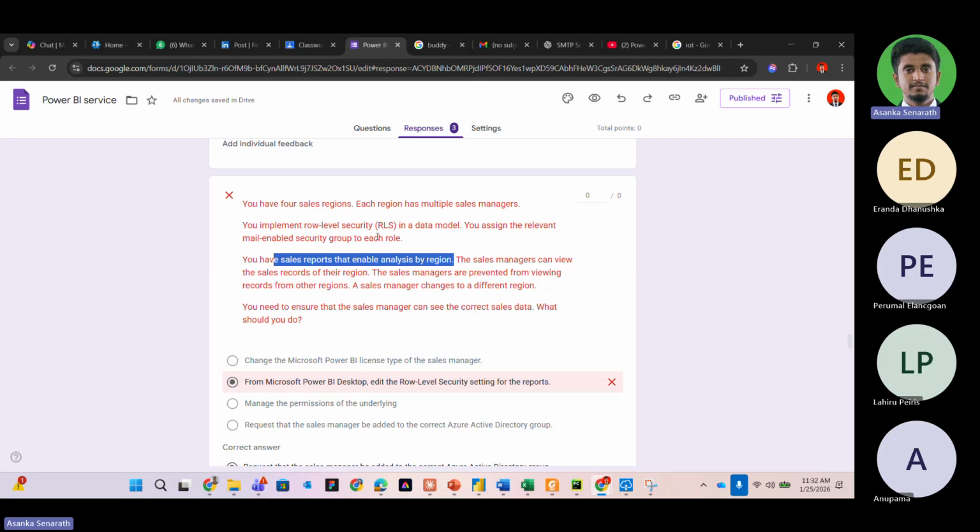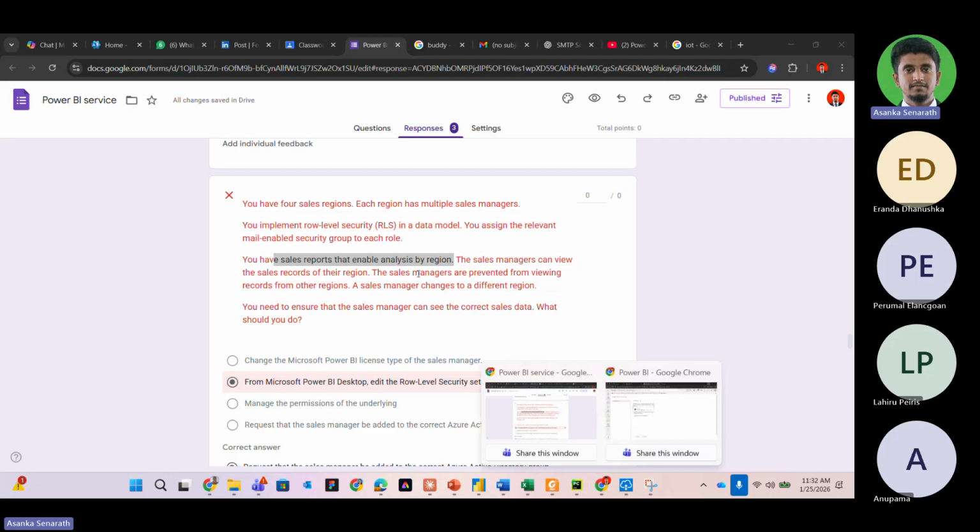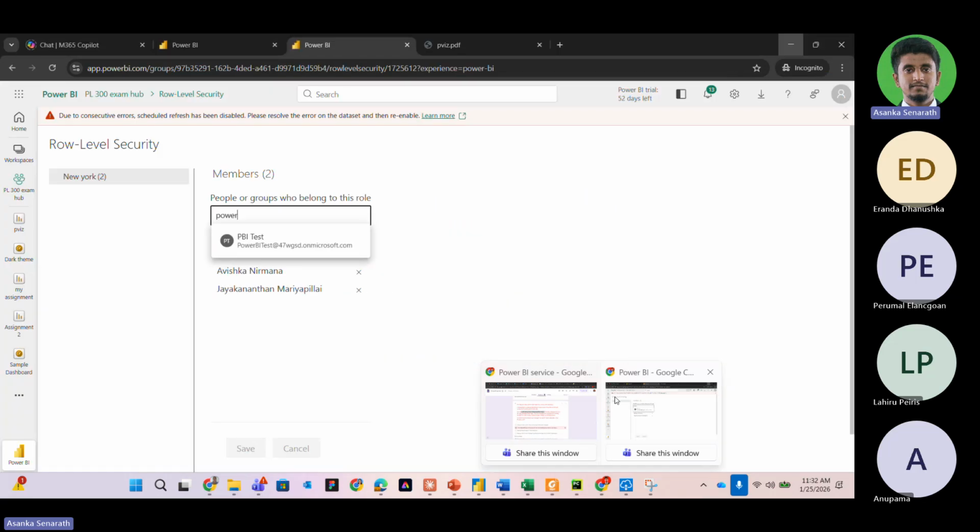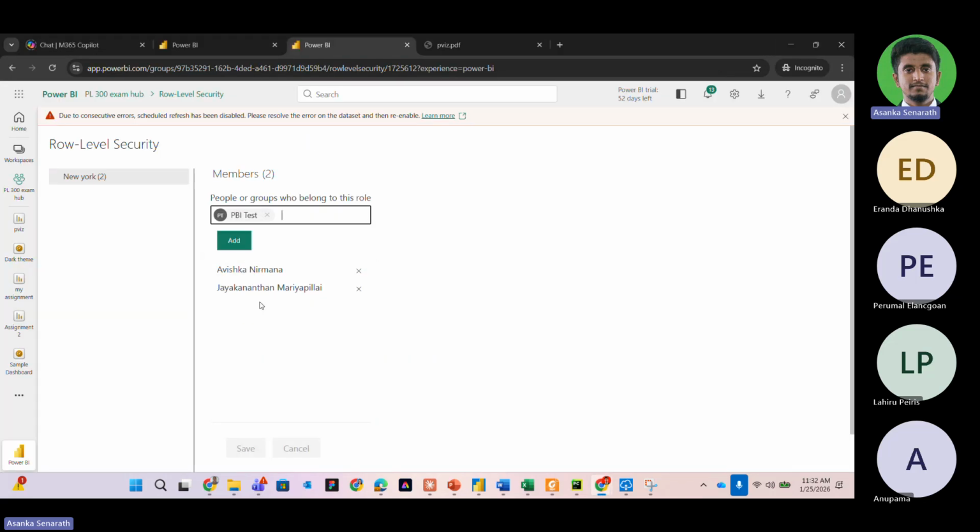Ideally, in a company, guys, this is not the correct way to add people. You should not add people like this, right? Imagine there's a company with one branch that has, let's say, 1,000 people. Are you supposed to add all those 1,000 people here? No, you should not be doing that. You should add those people to Active Directory, and you are given access to the Active Directory only, right?